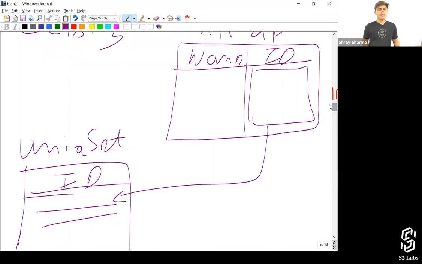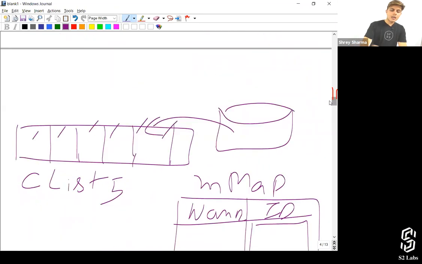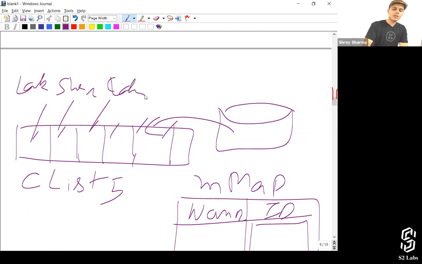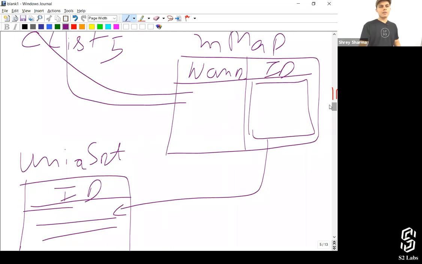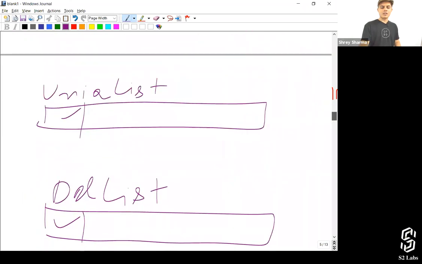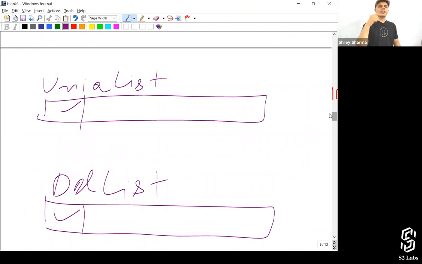Let me give you an example with this. In this account, the name is Lakshay, and then over here it's Shrey, and then over here it's again Lakshay. So the first record of Lakshay will get added over here. Shrey's record will also get added over here, but Lakshay's third record will not get added over here. So if it does not get added here, your record ID will not be here. And if your record ID will not be here, then it will not be there in the unique set. So when I compare each value, whether this record ID is there in this set or not, it will not be there, and we'll add it into the delete list. So the third record of Lakshay will get deleted.